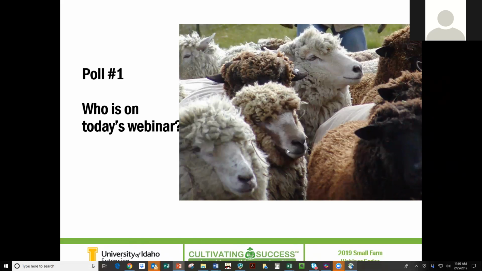On my side, I can see the voting as it happens, so I can see that almost half of our participants have voted. And then after you've completed this first question, there's a second question that's just asking how old you are. It's giving us a better idea of who's on today. So 70% of our participants have voted, 80%. Give it a couple more seconds before I end the poll and show you the results.